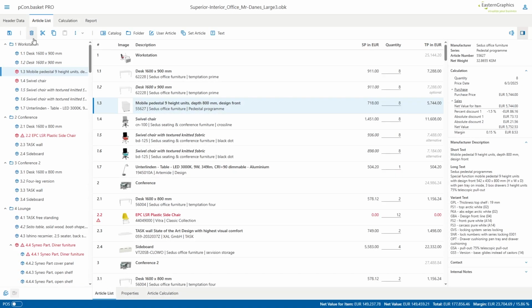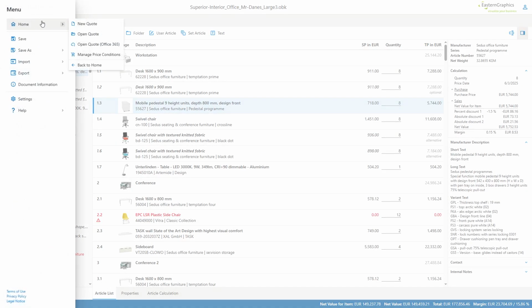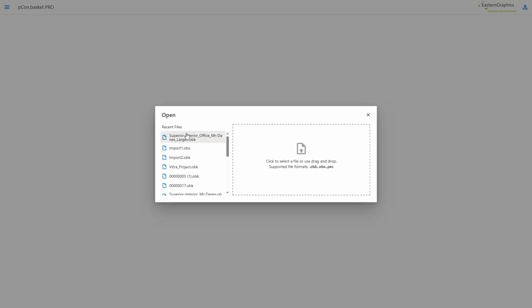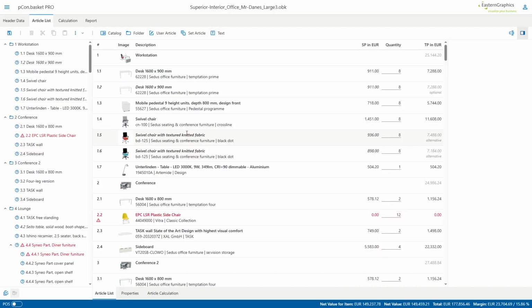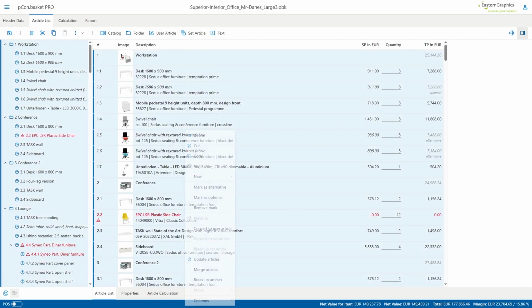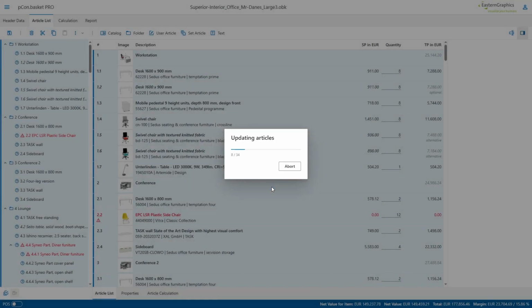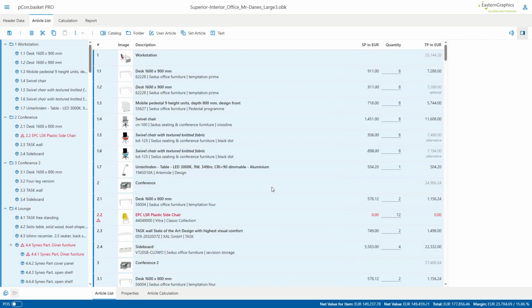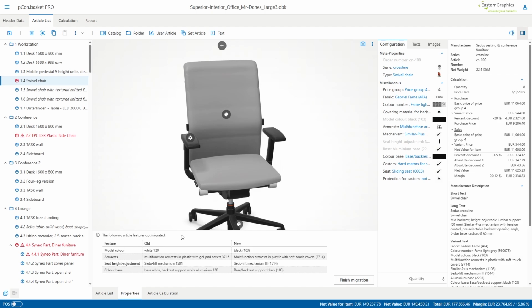Important to know, the migration status is stored only for the current session. That means if you reload the project, all articles will be considered reviewed, even if you haven't finished the migration process. So our recommendation: handle article migrations as part of your workflow right after updating, while the context is still fresh